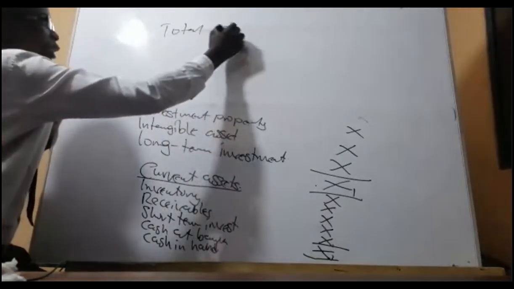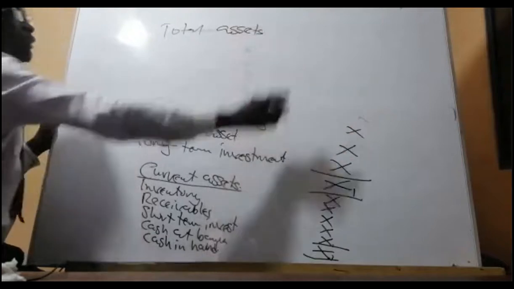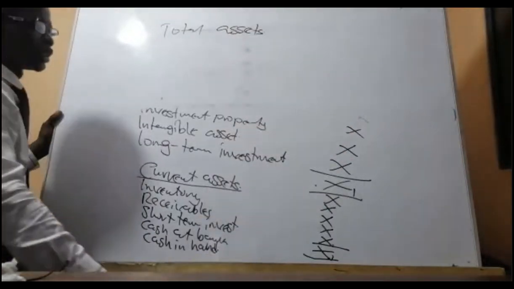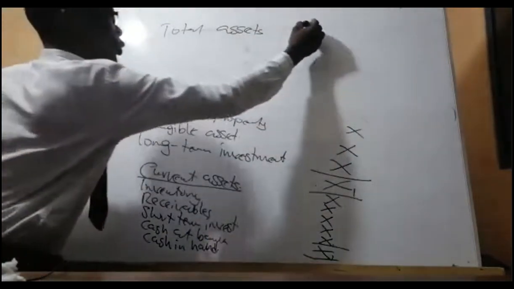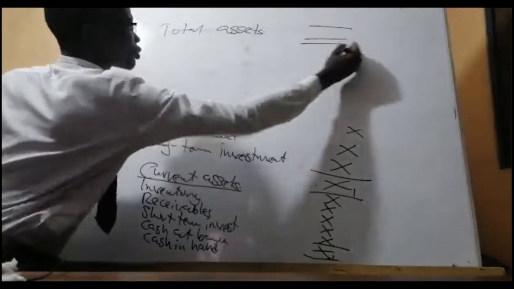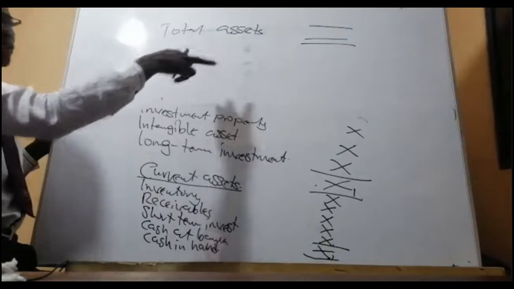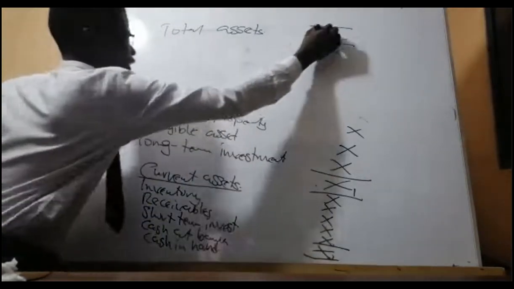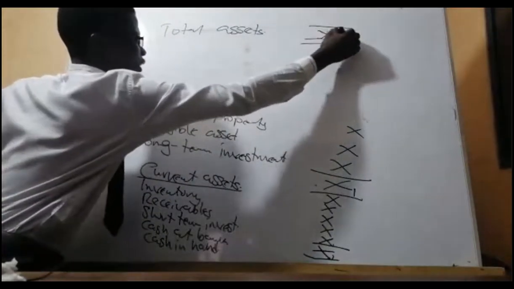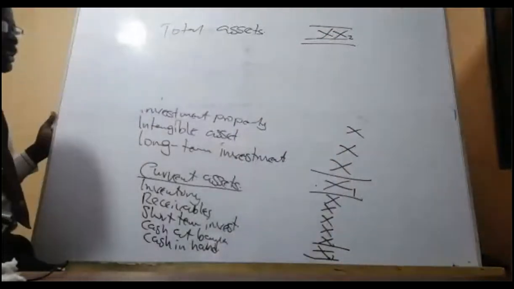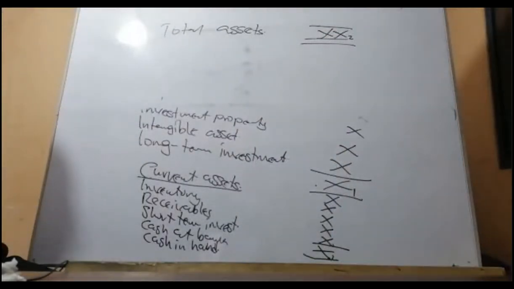assets. Write the name first. For that one, write the name. So that one you double underline it. Have you seen? That's a River Jordan. That's the sign of the River Jordan. Good. So that's the total assets. Then you relax for a while, then you come back again to continue the game.